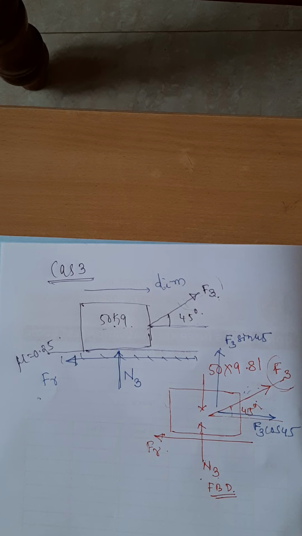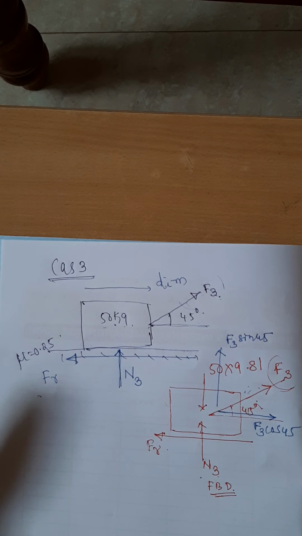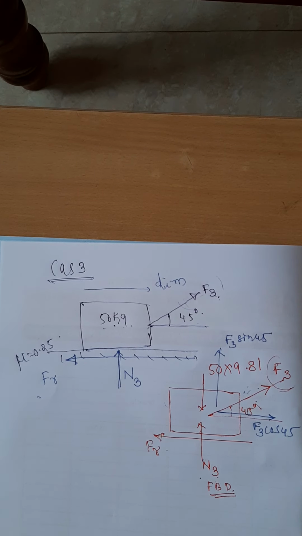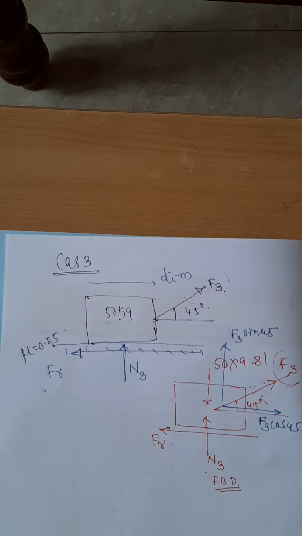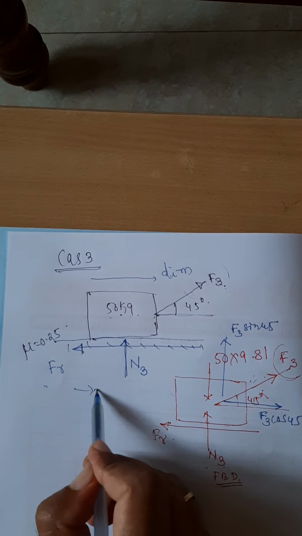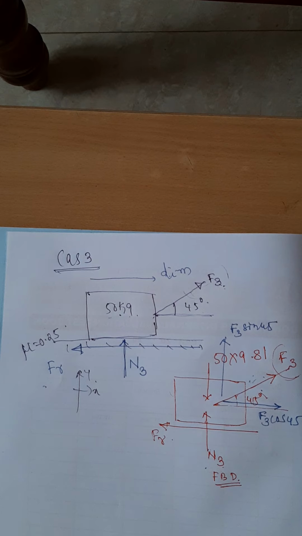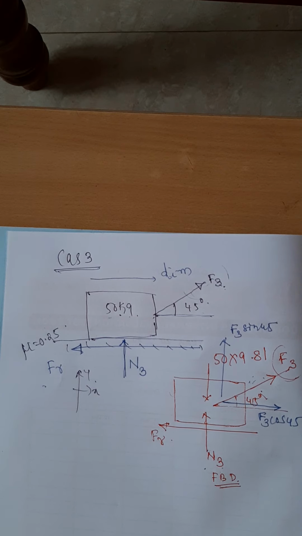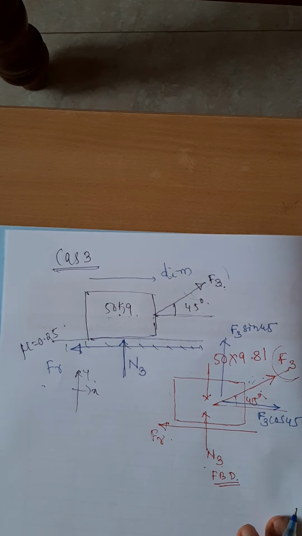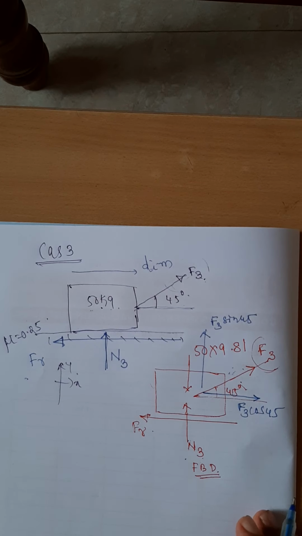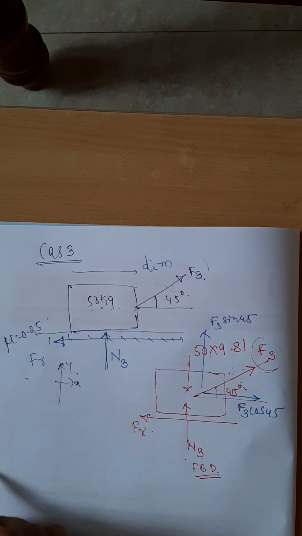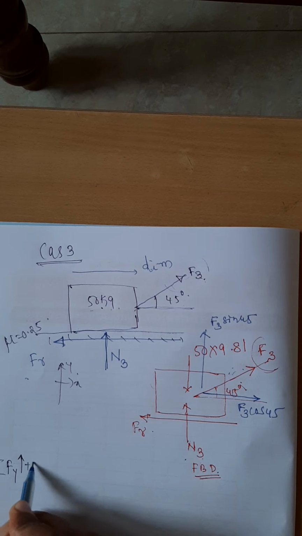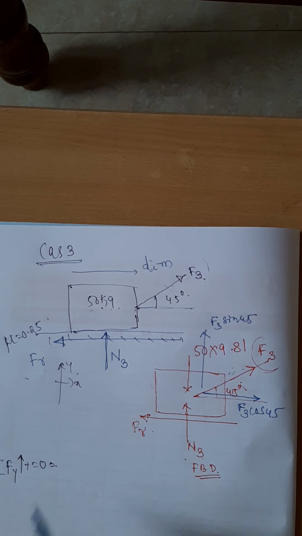Once this is over, as I told you, first you go for applying the equations of equilibrium. First you go for total of forces in horizontal direction, vertical direction is equal to 0. Total of the forces in y direction is equal to 0, then the total of the forces in x direction is equal to 0. Go for total of the forces in y direction. Sum of forces taken upward positive in y direction is equal to 0.